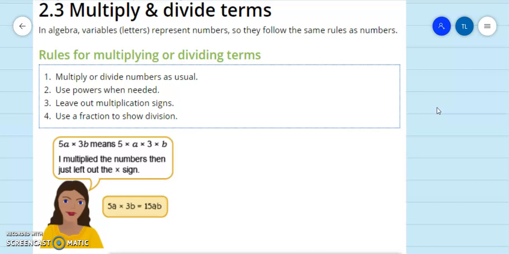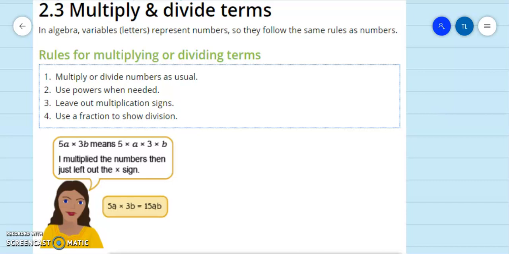If we have 2 times 2, we can make it 4, or we can make it 2 to the power of 2. The third one, leave out the multiplication sign. In algebra, we don't need to write the multiplication sign. So we can write AB for A times B. The last rule is use fractions to show division. So rather than writing 0.5p,